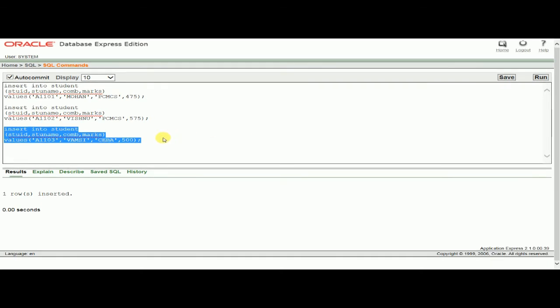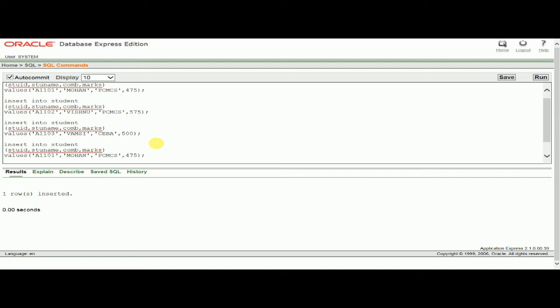Now I'll show you without columns actually. Without column names is the easiest way. Just I'll paste, Control V. Now what I'll do is remove these things: insert into student. This much only you can write, insert into student values, and suppose I change the value, that is 4.